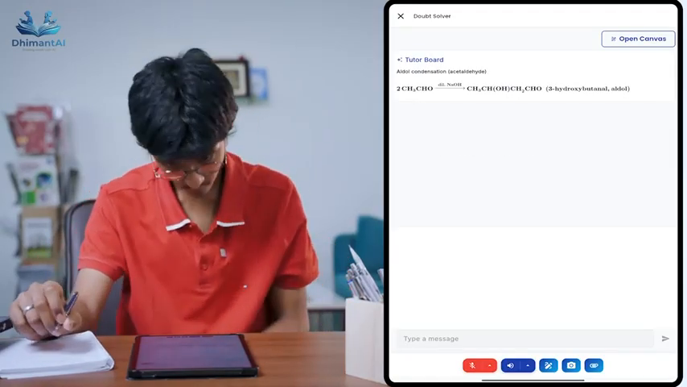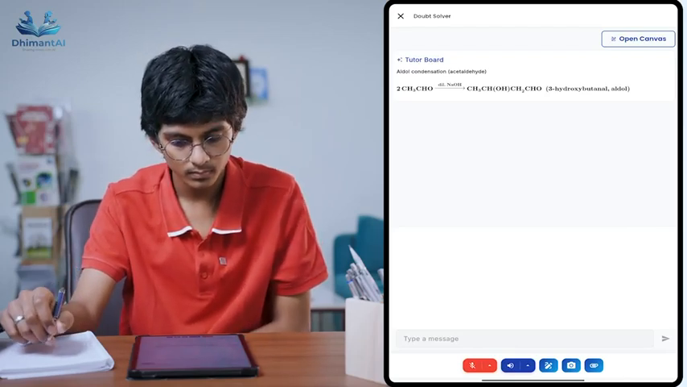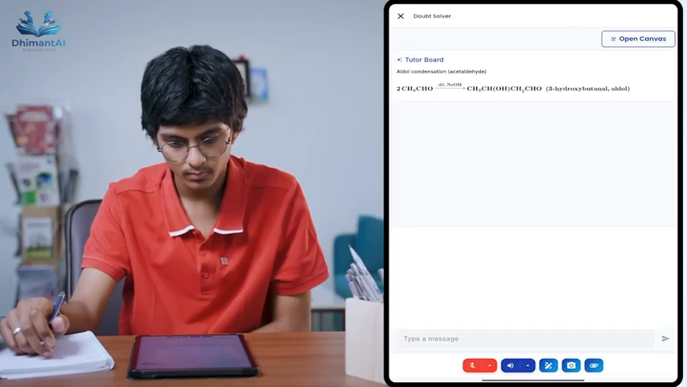Can you please explain to me aldol condensation of acetaldehyde? In aldol condensation of acetaldehyde, two acetaldehyde molecules join in dilute base to first give a beta-hydroxyaldehyde called aldol,